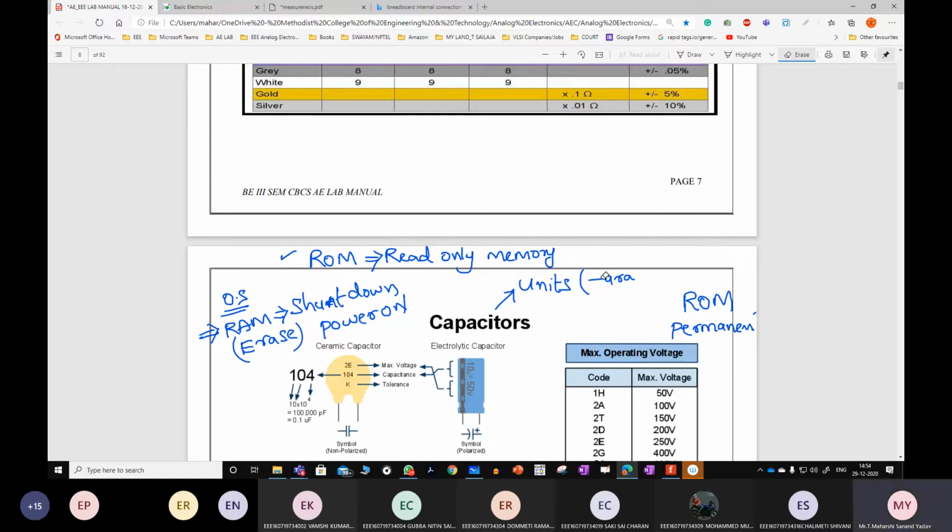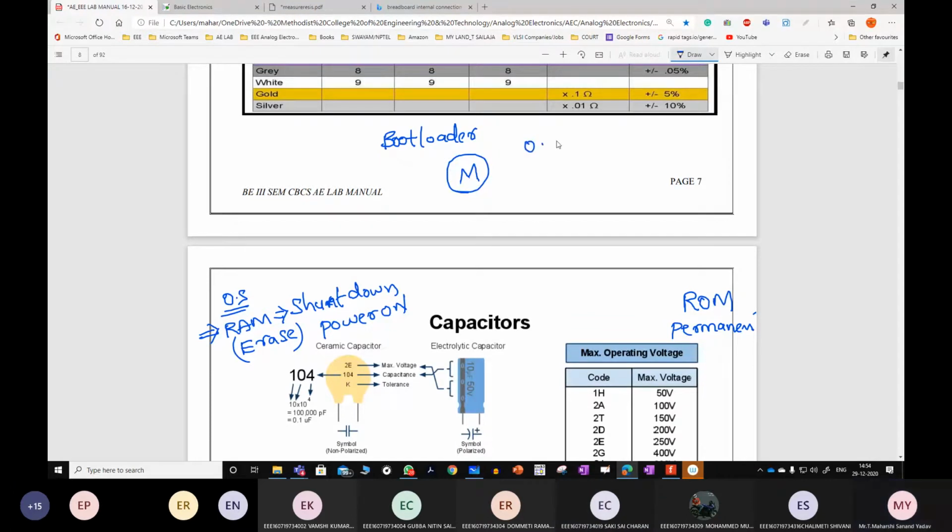If ROM is erased, can you boot your mobile? No, you can't. It will be stuck at that point. Have you heard the term bootloader? If you are using a Motorola, you can see only the logo symbol, but the OS will not be present. Generally this is called the bootloader.